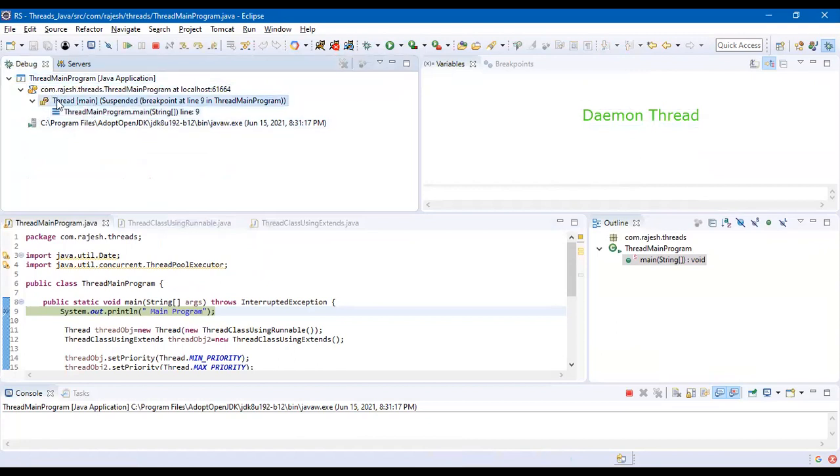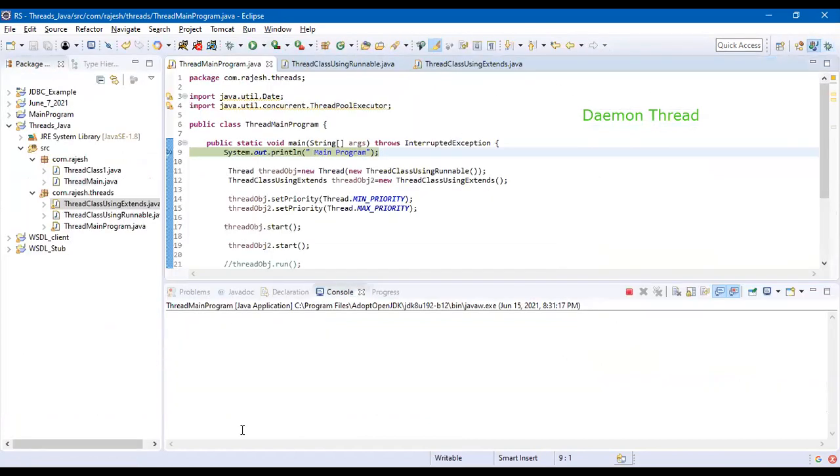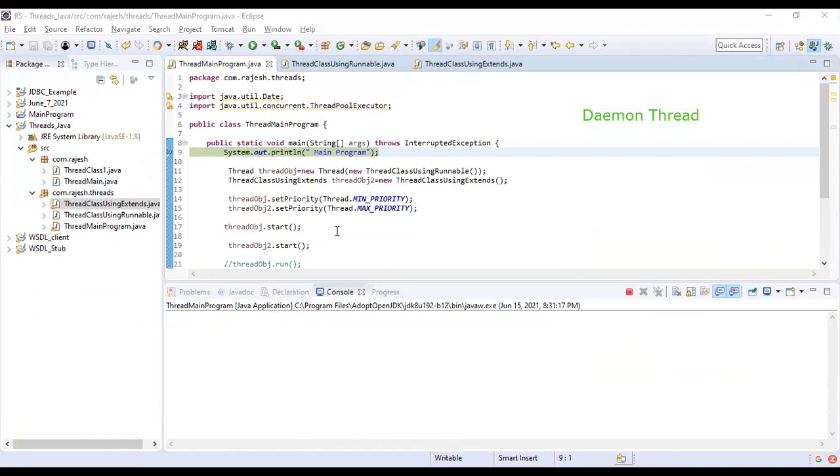This is the main program. There is a thread called a daemon thread, which will be running by the JVM. A daemon thread is a service provider thread, which is the starting thread. You assume like the main program has to be started by someone, right? Main program is a thread. JVM starts it, but how does JVM start it? Using the daemon thread, it starts it. And if there are no other threads available, or if all the threads have completed their execution, then JVM will terminate the daemon thread.